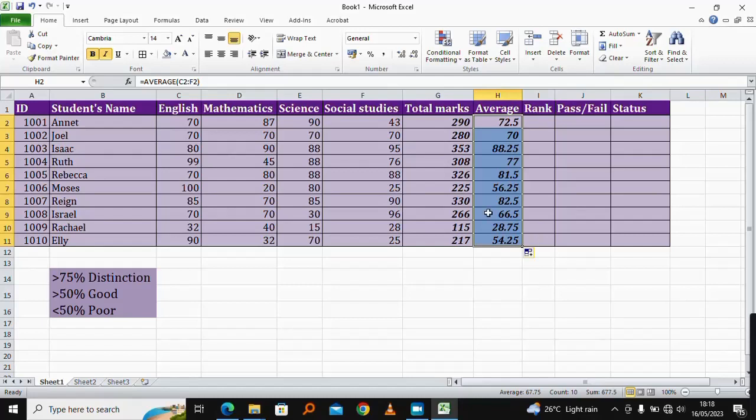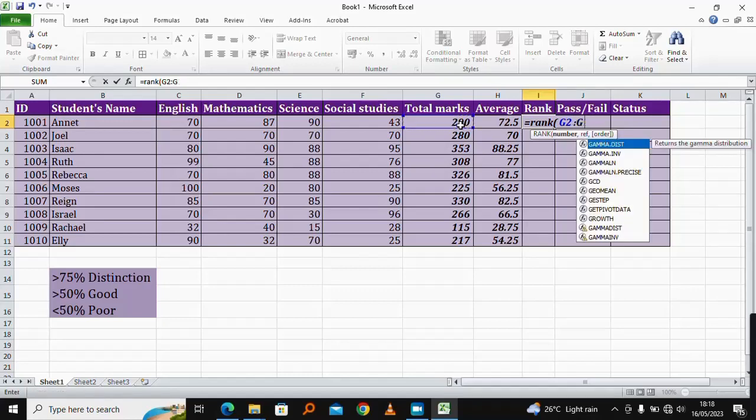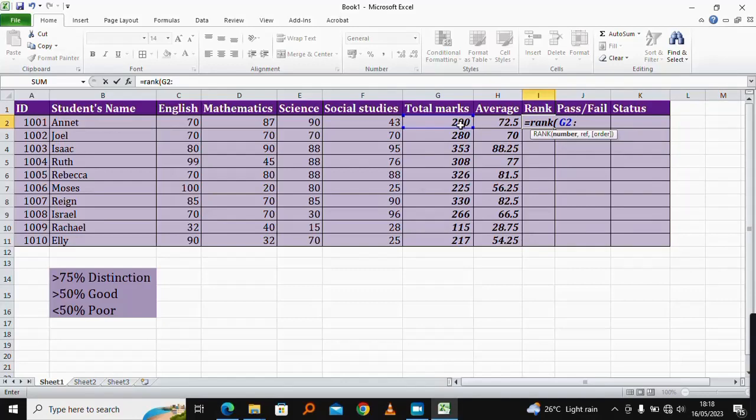Now next, I'm going to rank. Now ranking, this is how we do it. With rank we are going to introduce the rank formula, which is equal to rank, open brackets. We are going to rank these students based on their total marks. So I'll choose this one. This is G2, so I'll say rank G2,